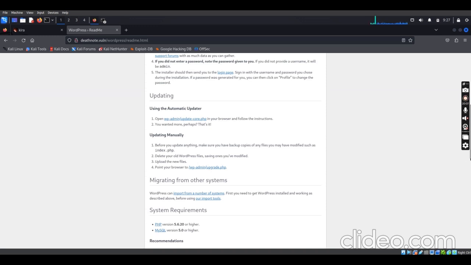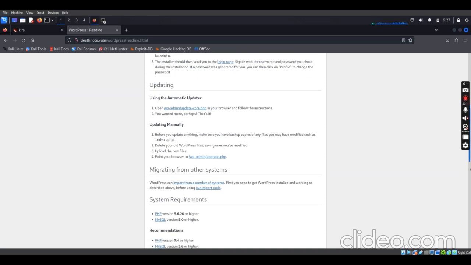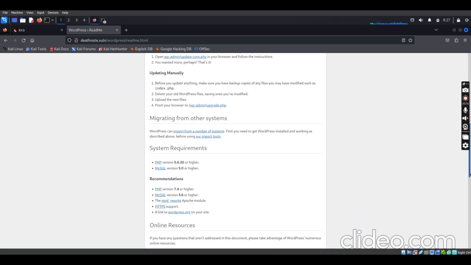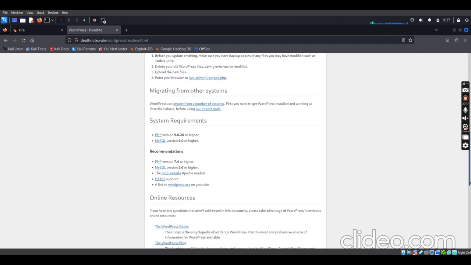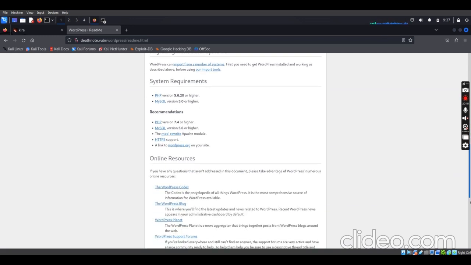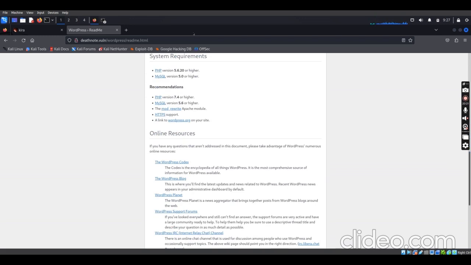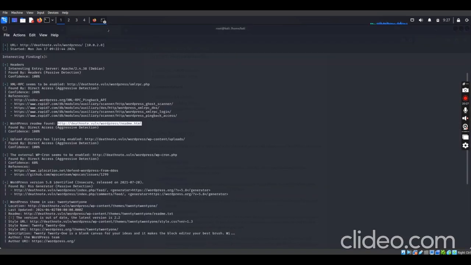While I was trying to break into this area, I could not find any information. It's just telling you about WordPress itself, the CMS, and everything. So let's go back to that scan result which we had and see more.